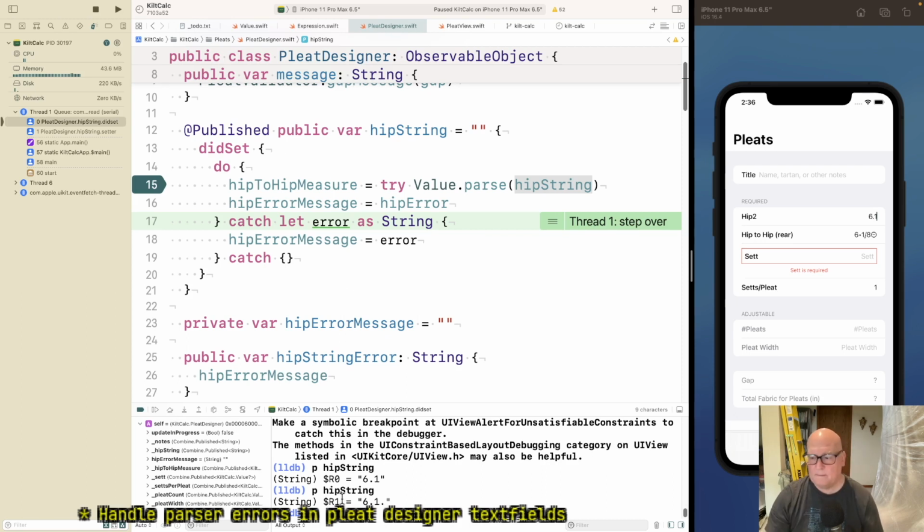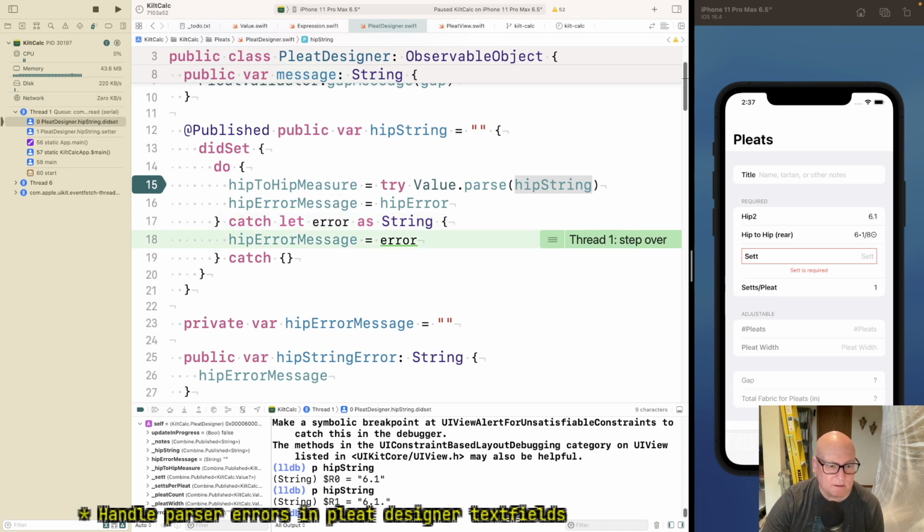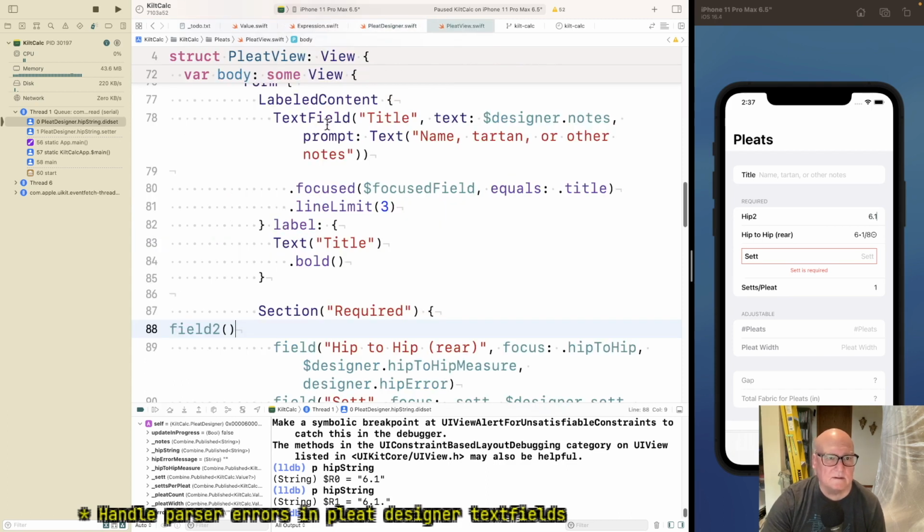Okay. We might not have it yet. Okay. Step over. Oh, I'm not showing hip error message. Field 2.